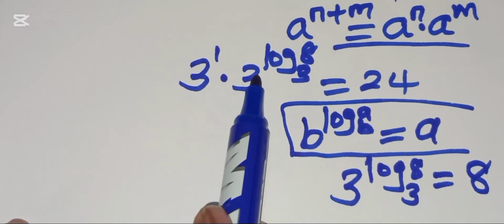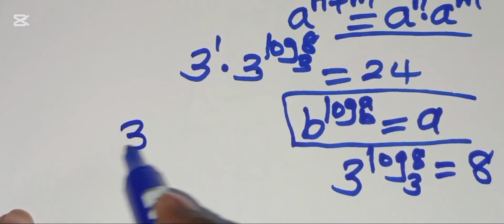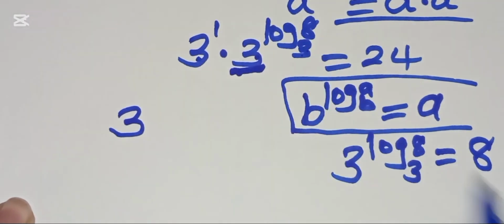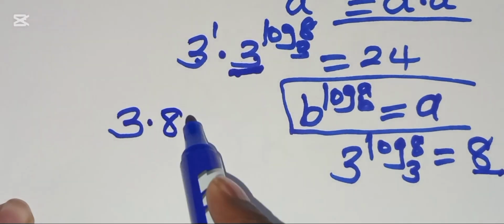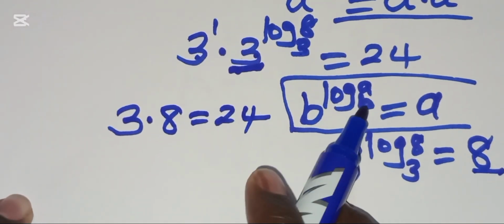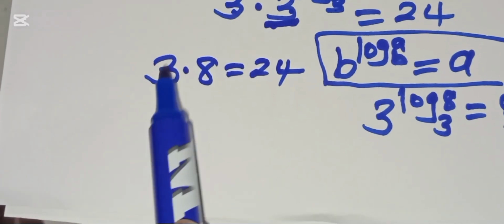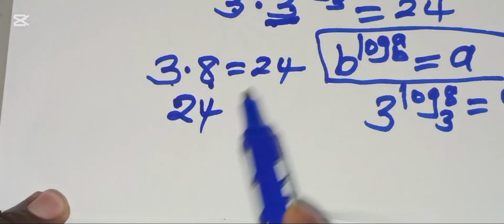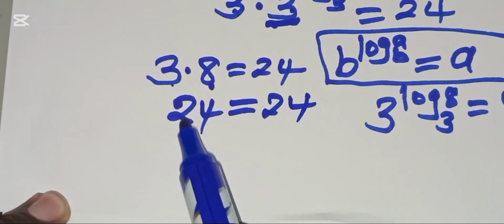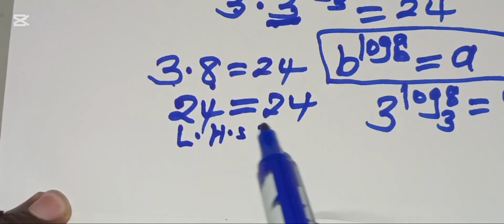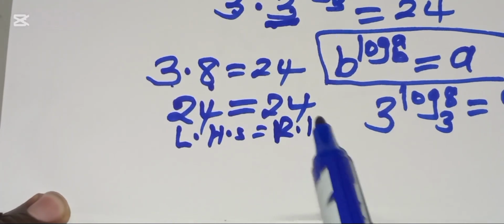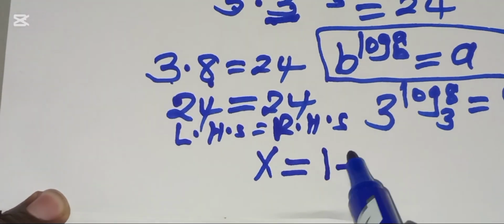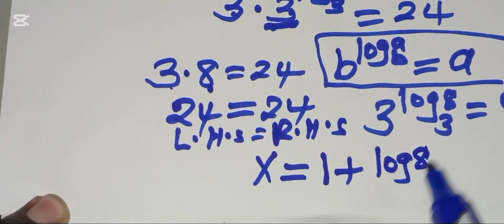If you substitute back into the equation, we replace 3 raised to power log 8 to base 3 with 8. This is supposed to give us a value of 24. As you can see, this is 3 times 8, which is equal to 24. So that means the left hand side is equal to the right hand side, and so the value of x, which is 1 plus log 8 to base 3,